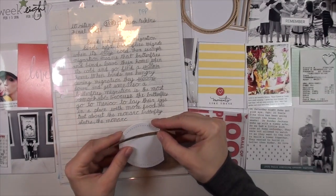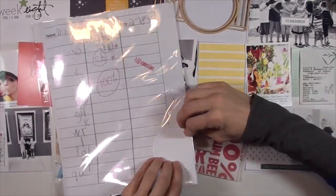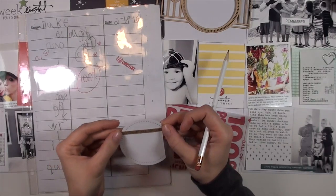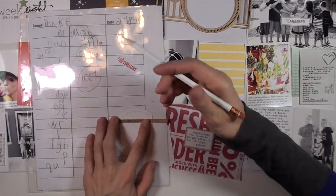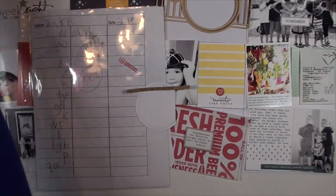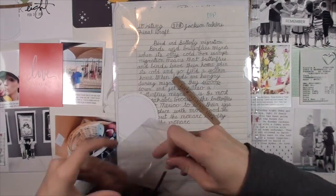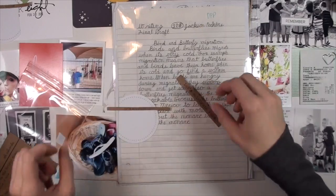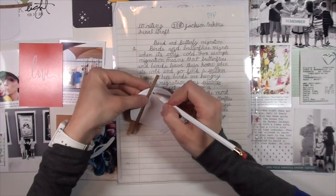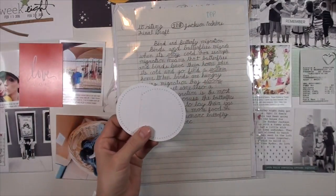And what I'm going to go ahead and do is place one strip on each and a chipboard star on each, just for repetition and to add some streamlining throughout the entire spread. So I'm just marking with my pencil where I need to add my typing to, and then I checked the strip on the other side, and I found that my strip was too long, so I just needed to find another word strip that worked with that. So I just mark right there, and then I'm going to take it over to my typewriter and do my